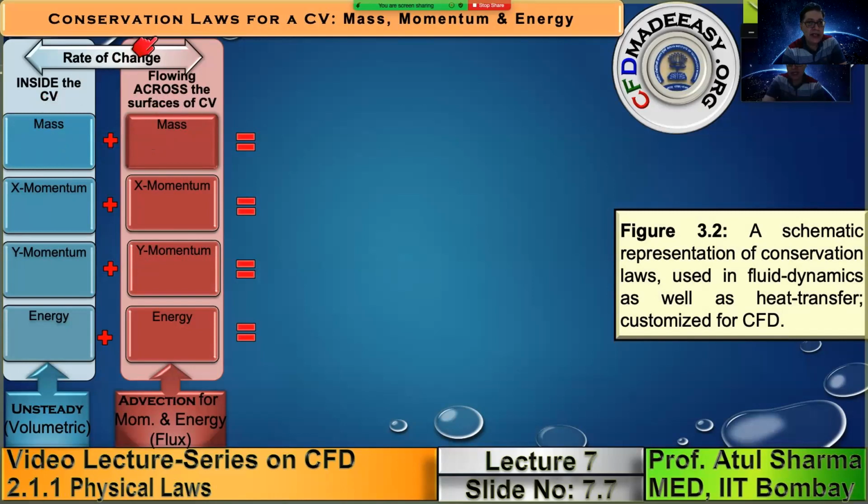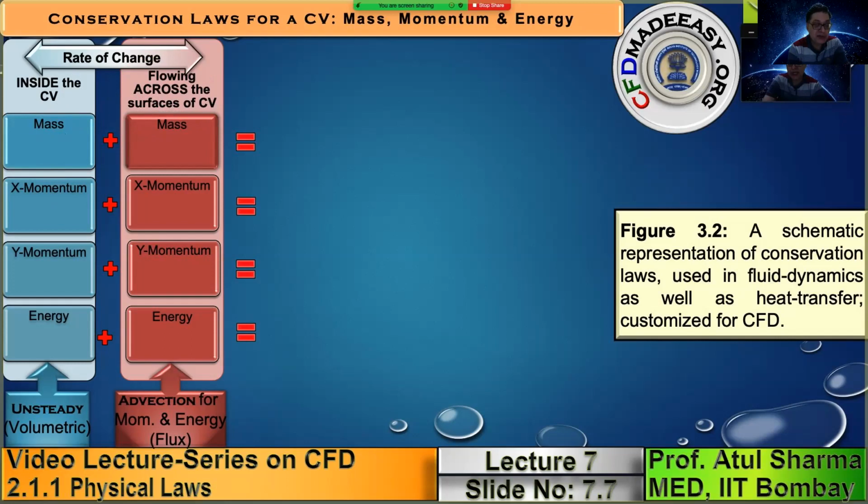So we apply this conservation law to an elemental control volume. Let us consider a 2D control volume of width delta x and delta y. For that case, the left hand side consists of 2 terms: the rate of change of mass, momentum and energy of the fluid inside the control volume, and the rate of change of mass, momentum and energy of the fluid flowing across the surface of the control volume. When we consider the first rate of change, corresponding to inside the control volume, the variables associated with these terms are presented here.